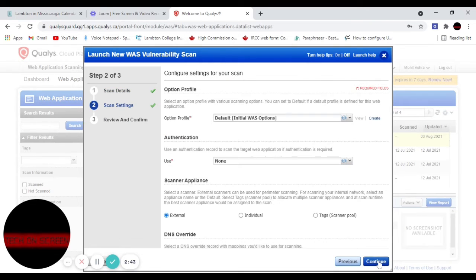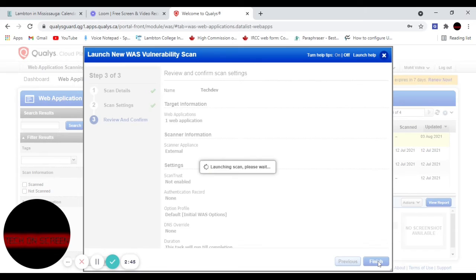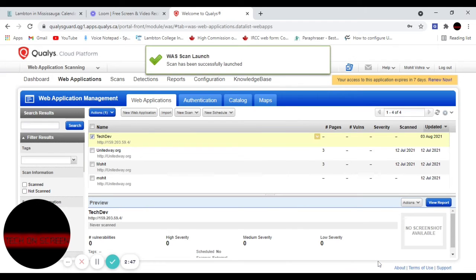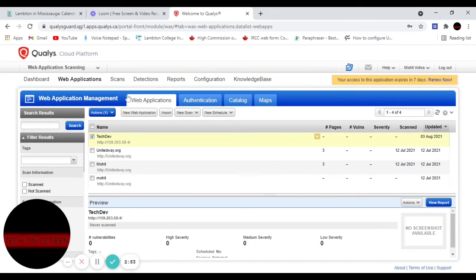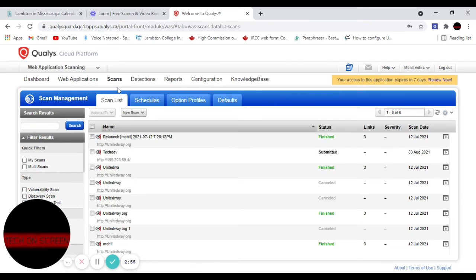Continue, continue, finish. So the scan has been launched. If we want to verify that the scan is running, we need to go to the scans, and it says submitted. So I'm going to pause the video here so that I don't take much of your time.